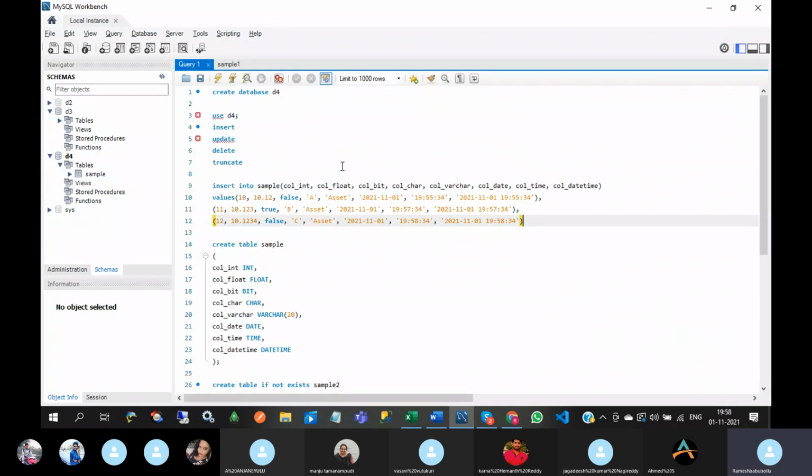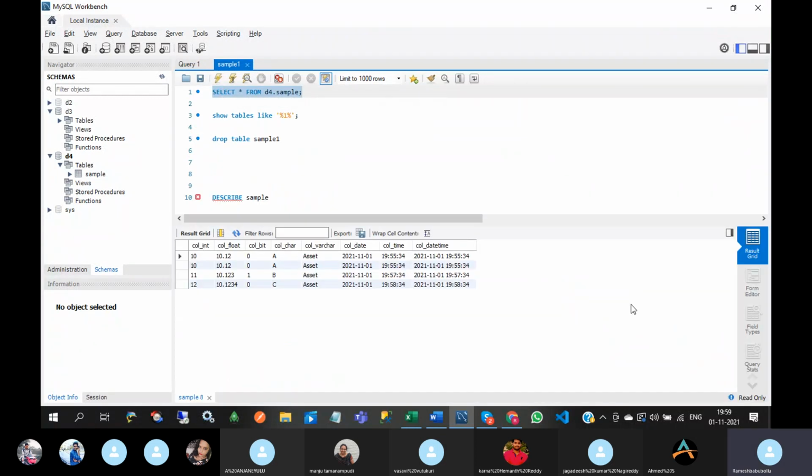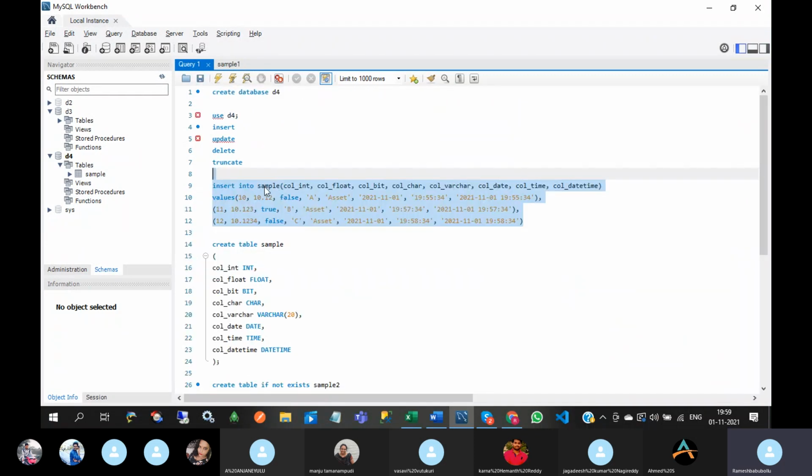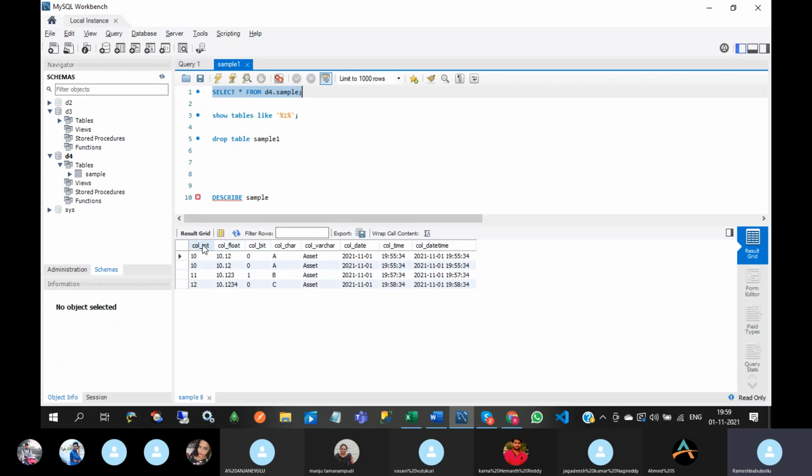Okay, I will execute it. See this, 3 records are inserted into the sample table at a time. So by using this query we can insert multiple records. Here this is called a row or record. This one, col_int, means column name, or we can call it a field name.